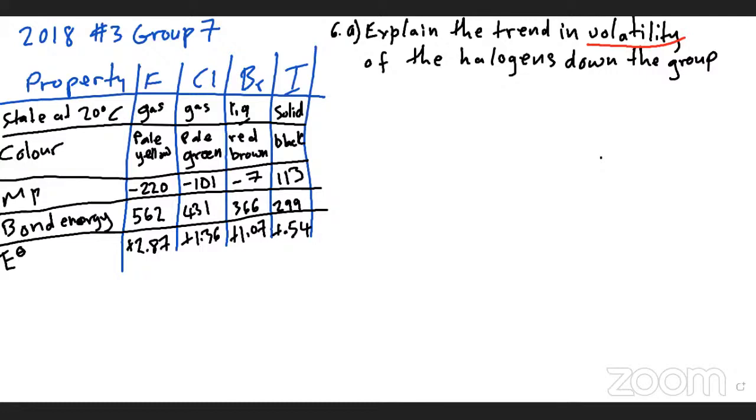Right. Someone was saying it would decrease, and that is correct. If you look at state at 20 degrees Celsius, chlorine is a gas. Chlorine is a gas, so these would be very volatile. Now, if you put down a bottle of water, and let's say a bottle of alcohol, the alcohol would evaporate